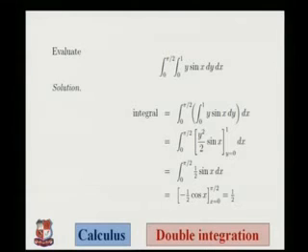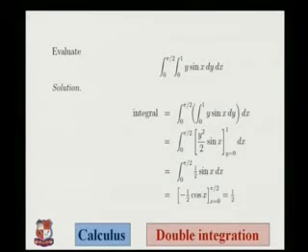So, another example for the constant limit. In this case, you can see that the integration is 0 to pi by 2, 0 to 1, y sin x dy dx. So, integration of the inner limit first. 0 to 1 is the limit of y and the outer, 0 to pi by 2, is the limit of x. So, first we are taking integration with respect to y, then x will be constant.